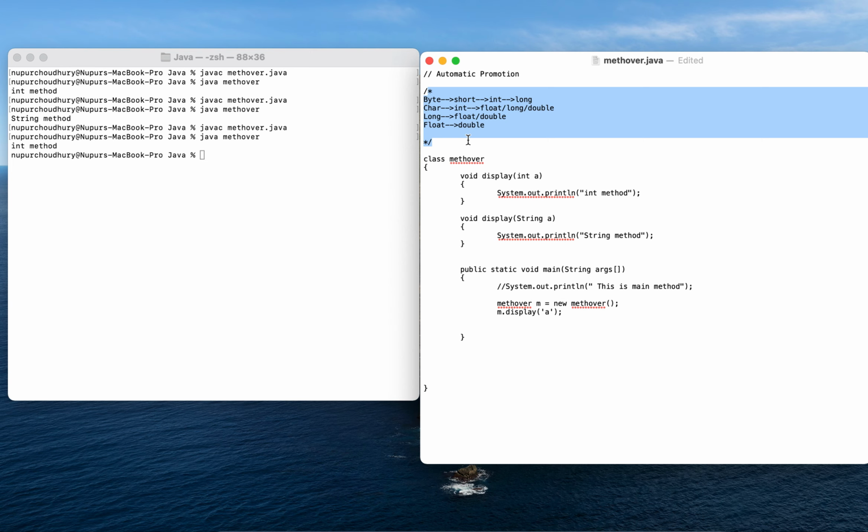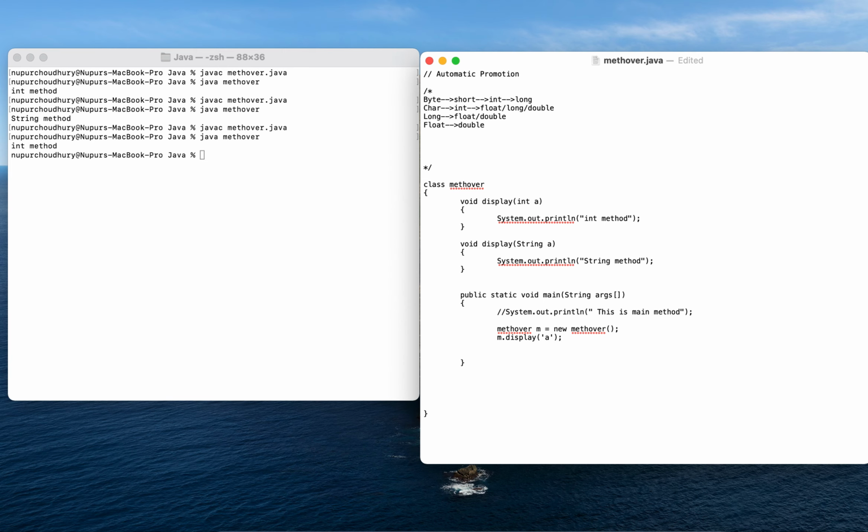Now if we are talking about promotion, we should also know that all classes, irrespective of whether they have extended or inherited from a class, as mentioned in my last video, all inherit some other class. If we do not explicitly mention which class it is inheriting, it is inheriting the Object class.